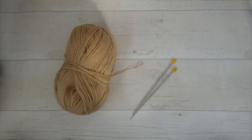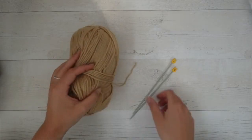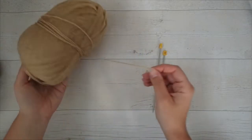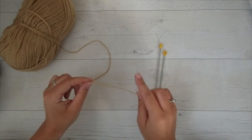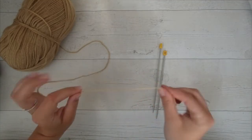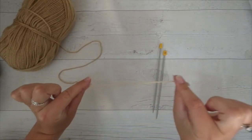First of all, we're going to start with Teddy's feet. So you're going to need your main colour for your teddy, and you're going to need your knitting needles. So we're going to take our main colour, and we're going to cast on 10 stitches. So you can do this in either the long tail method, or you can do it in the knitwise method. I'm going to show you in the long tail method. So we're going to leave a nice long end of wool here,